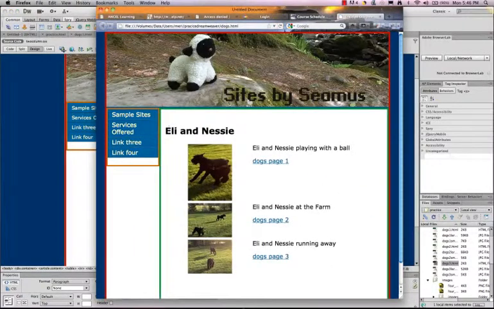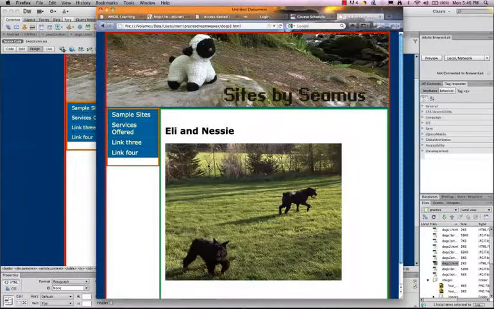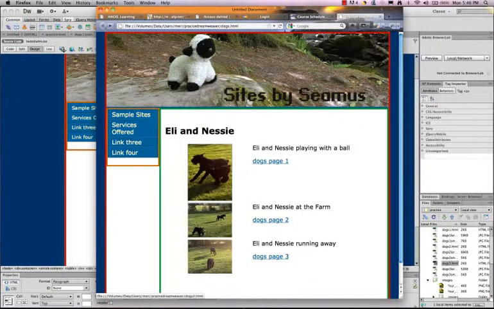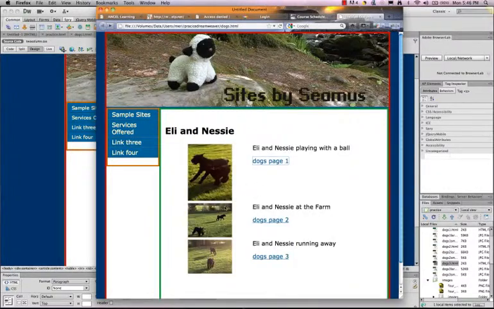And when I preview, you'll see that it changes to a pointing hand. That tells you that it's clickable, and that will open to the Eli and Nessie page. To be more useful, I should have a back link here that would take me back, but you can always use the back button. Now if I open it into a new page, then the back button is disabled. I don't always like that. I generally think it's better,